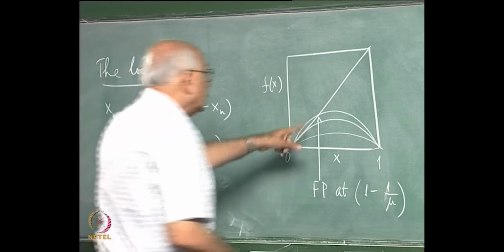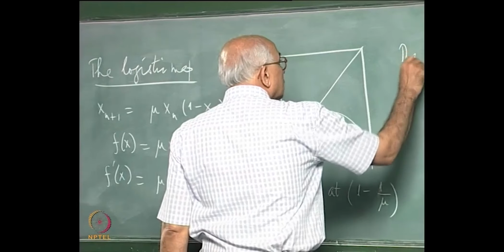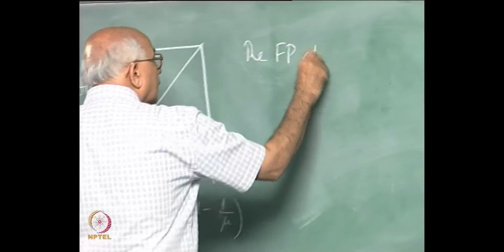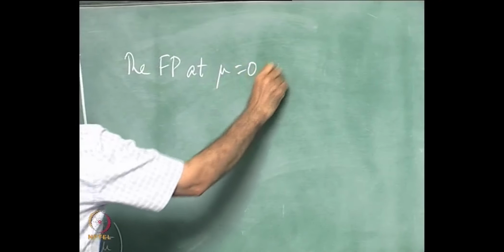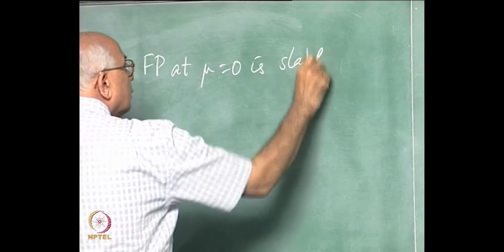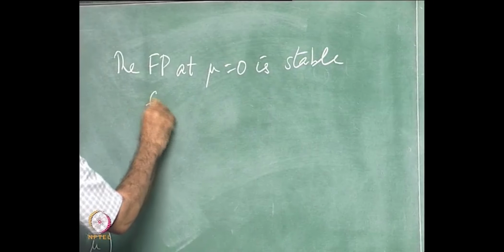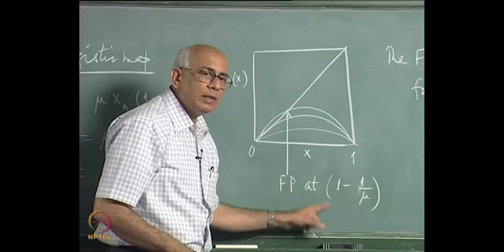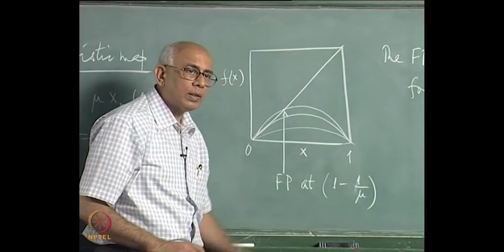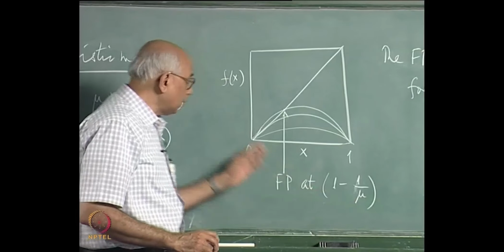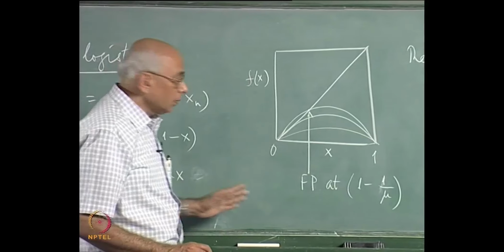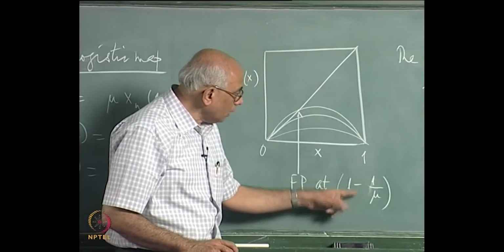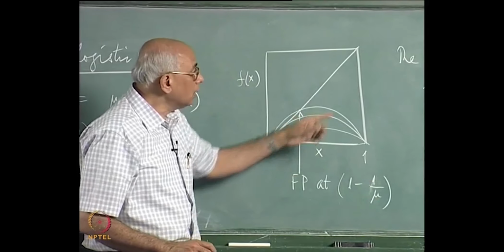So it is evident that the fixed point at mu equal to 0 is stable for mu less than 1. At mu equal to 1 it becomes unstable, and a new fixed point gets in, which is given by this as soon as mu exceeds 1. For mu less than 1, remember this fellow was on the negative side. As soon as mu exceeds 1, you get a new fixed point in this unit interval, and its slope